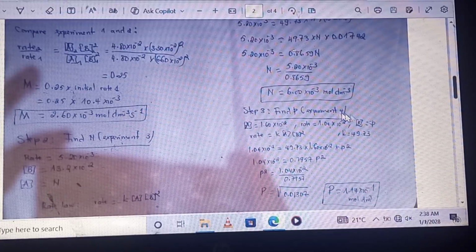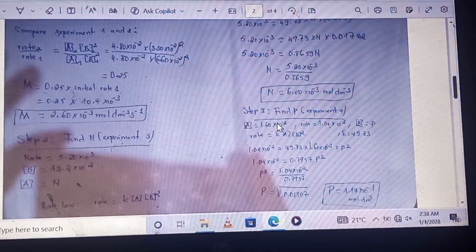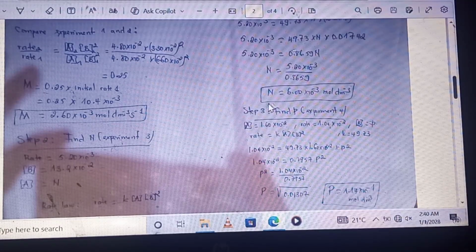P is on experiment 4. We have concentration A equal to 1.60 times 10 power negative 2. We have rate equal to 1.04 times 10 power negative 2. And also we have the B concentration equal to P. When you use the formula, rate equal to K times A concentration times B concentration squared, and also know that K is equal to 49.73,